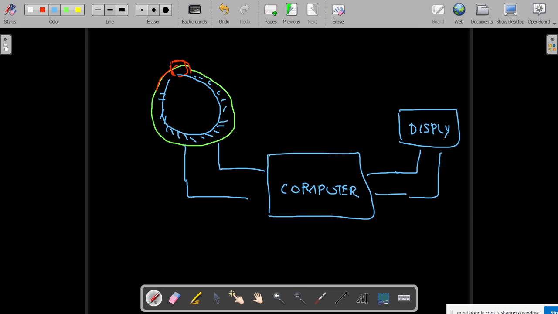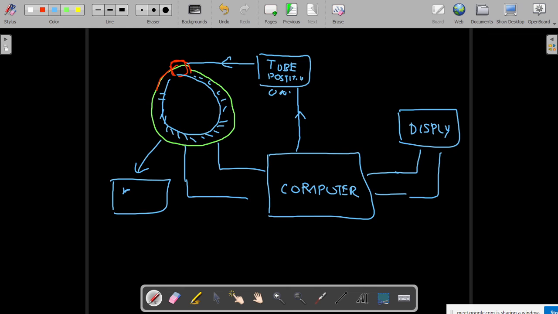For example, this particular X-ray tube which is rotating, you'll have a tube position control which is controlled by your computer. The tube position control, detector output control, the gantry is controlled. Again, production of X-ray is also controlled. For production of X-rays you have kilovolt plus milliampere control. Again, this is controlled by your computer.